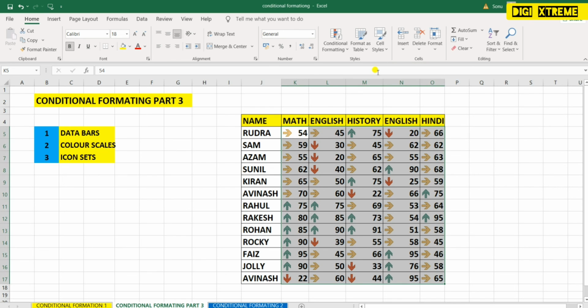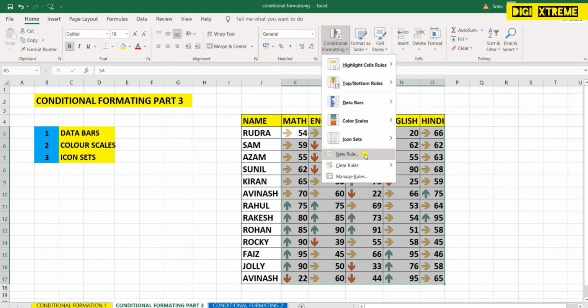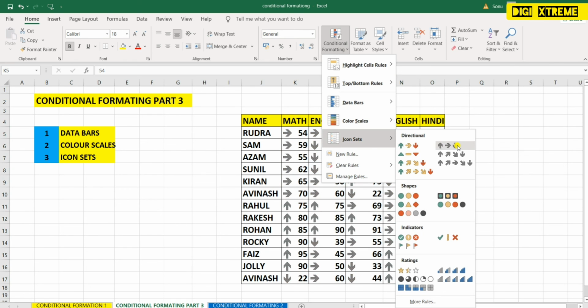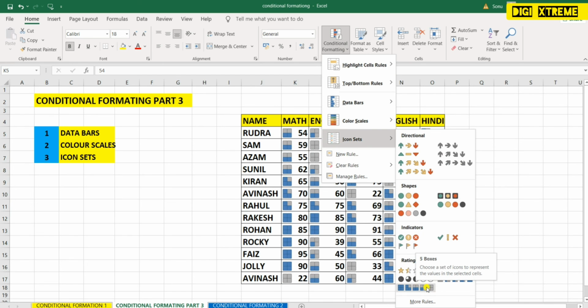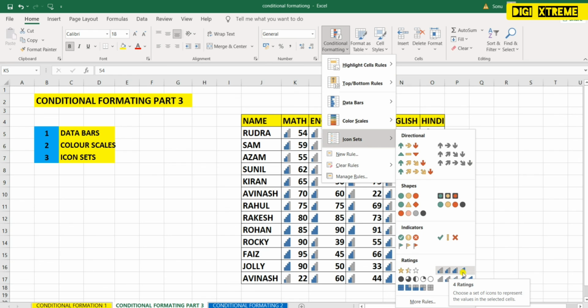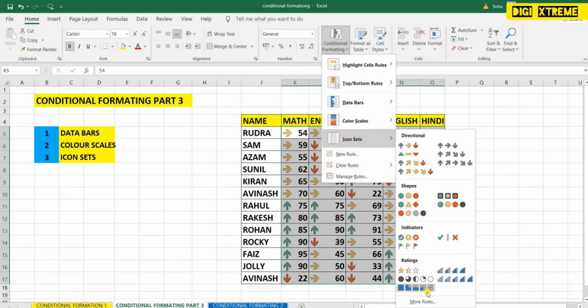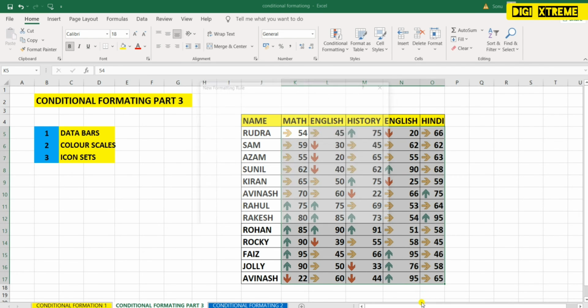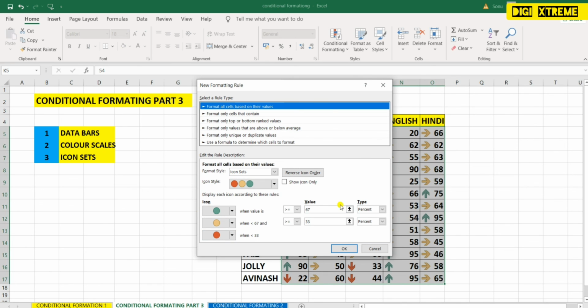In the same way, there are different types of icon sets where you can change, and it will show you different ones, like we have colors also. And in this, see, you can highlight with ratings as well. The different options have different rules. Alright, you can see highlight with these bars. So there are so many options, and you also have customized options. As I told you before, you can also customize according to your requirement, or if you want to change some, select icons of your choice.